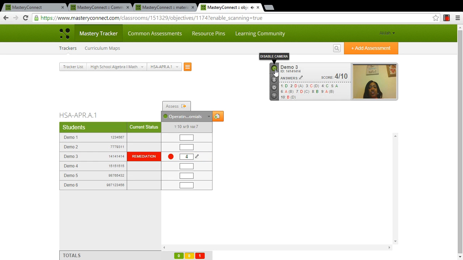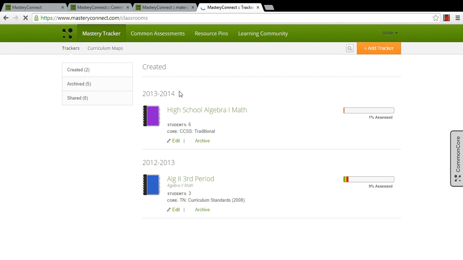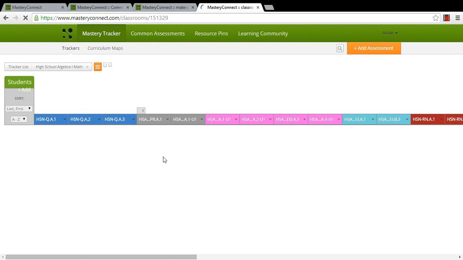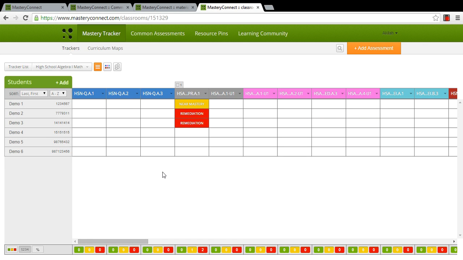As you're grading the assessment, you can see how many questions the student got wrong. Each question the student got wrong, and it also will color code for you if they are near mastery. I'll show you what this looks like in the tracker. So as you can see, it gives you a great snapshot over which standards you need to remediate for each